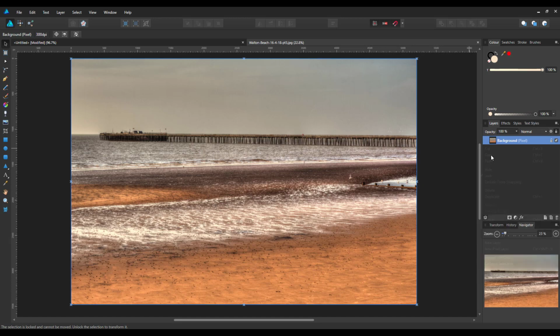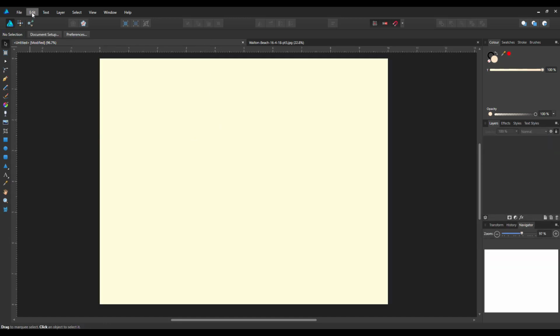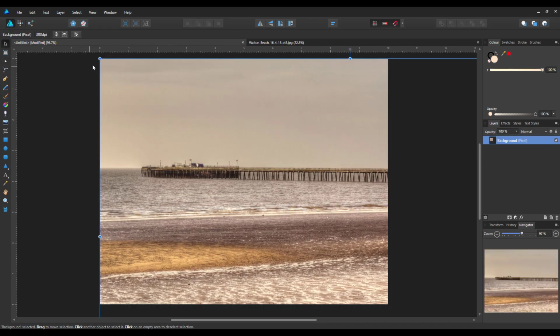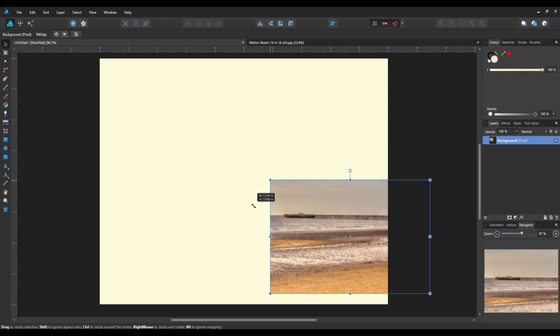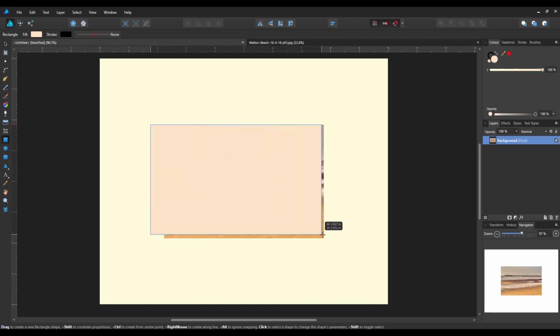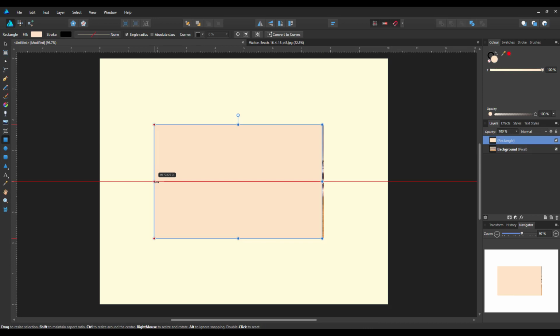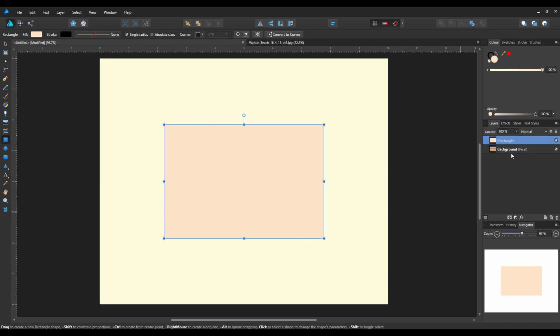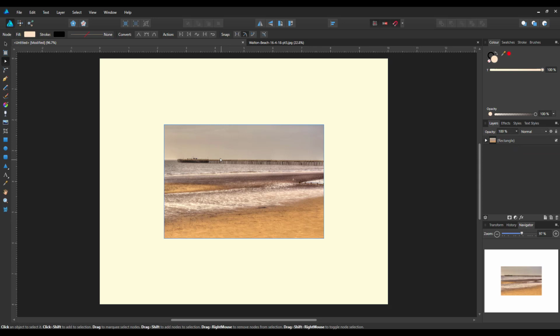So I will copy this and paste this in, resize this, and it is pretty much the same process, but let me just draw out this square shape and get that to fit, and like before I'm going to click and drag this into the group,